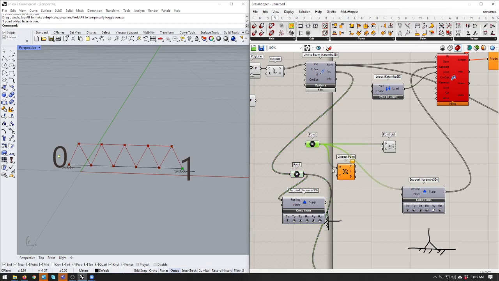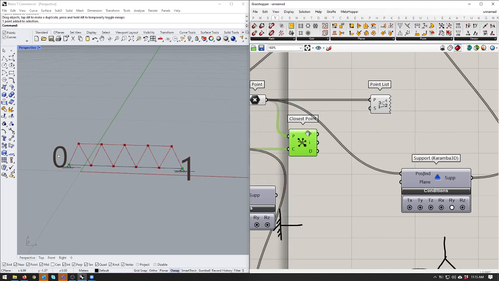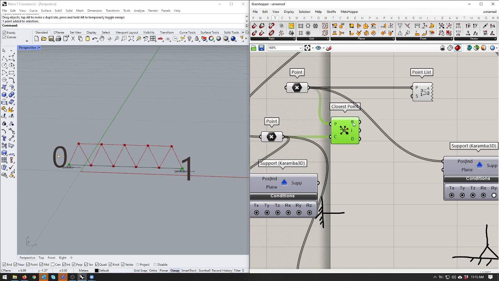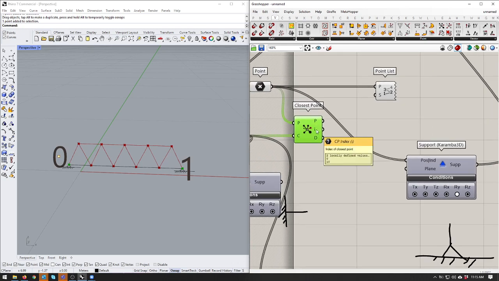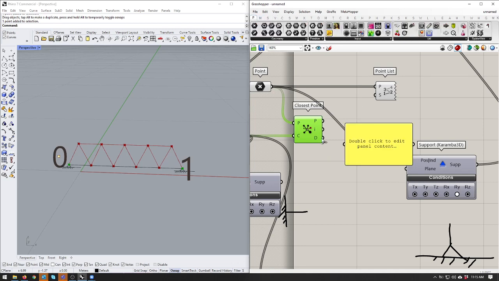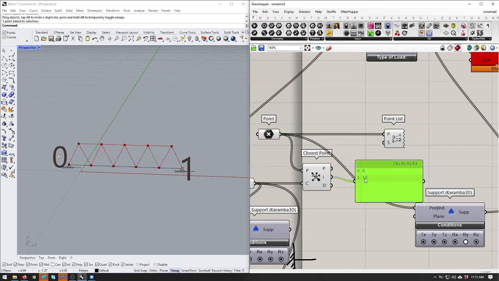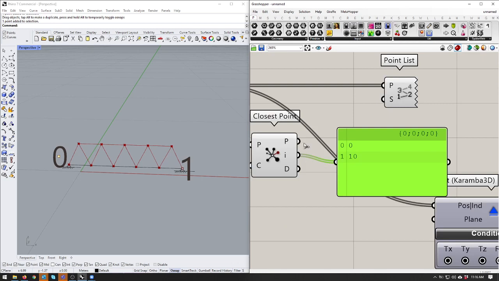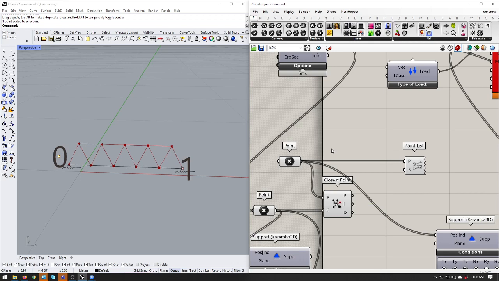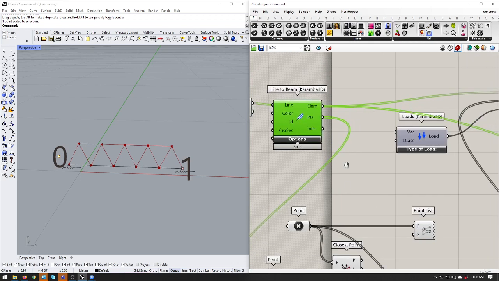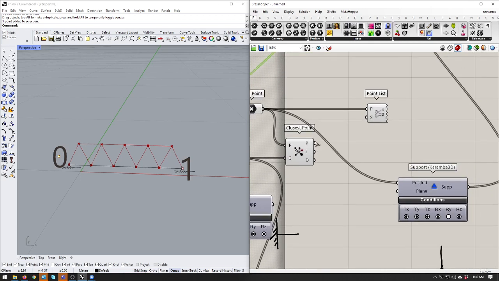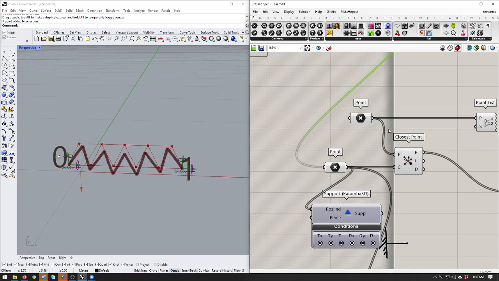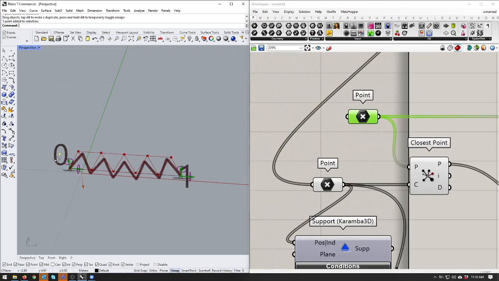So these are our supports, and these are our closest points. And rather than using the actual point itself, you can use the index. So this is index 0, and this is index 10. Actually, it's probably better, you are better off using the points. Sorry, don't use the index. Use the points. The reason is that we're going to be using more of these, so we should be using the points. So if you plug those points in now, what will happen is, as these points move around,